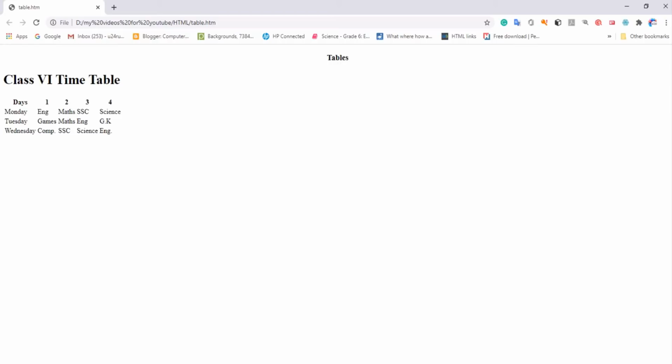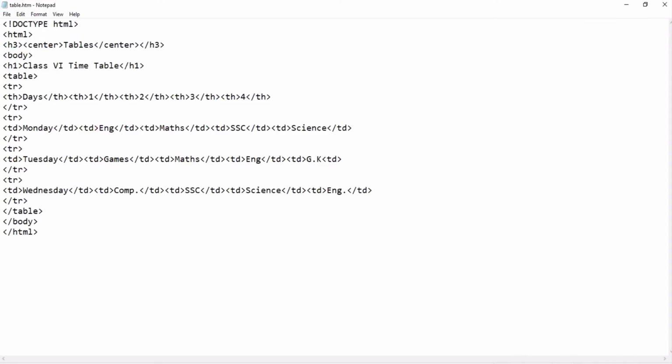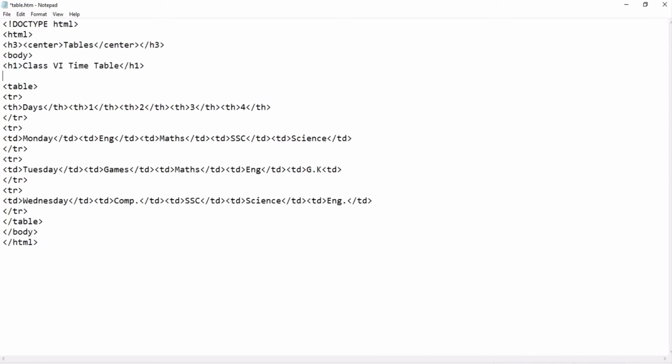Now let's see how to center the table, to align it and improve the appearance of the web page. To improve this we can use the center tag before our table tag. So I will write center here.